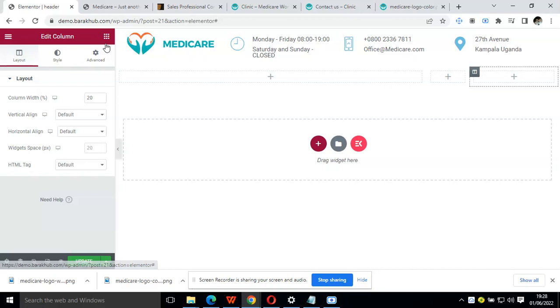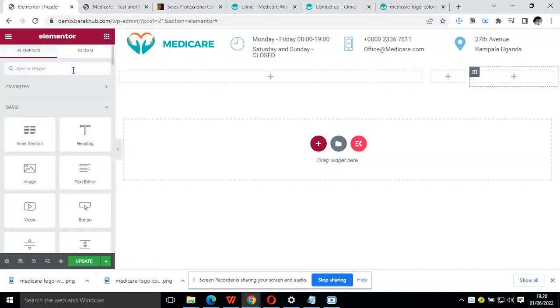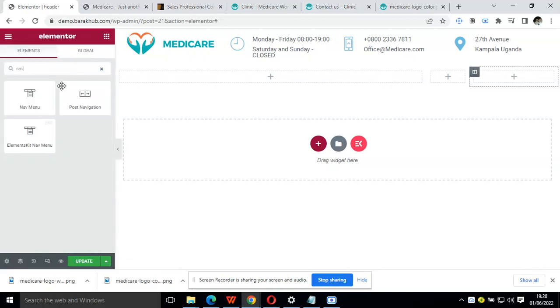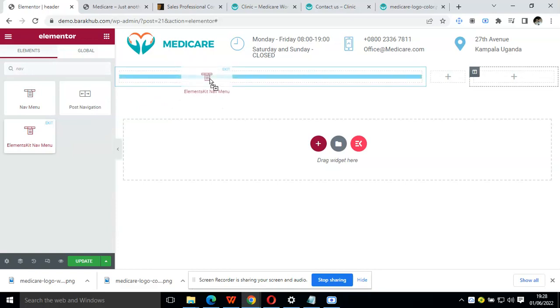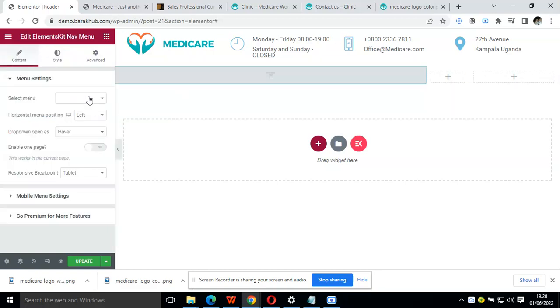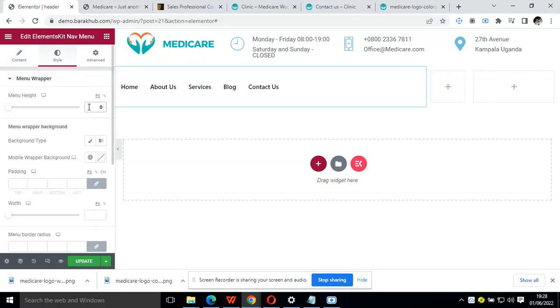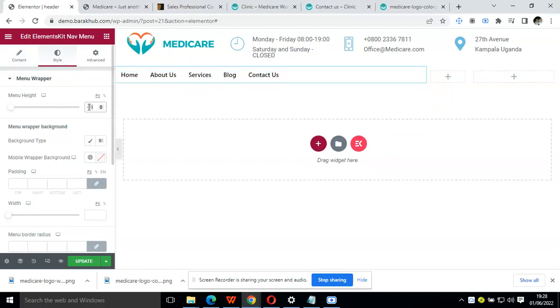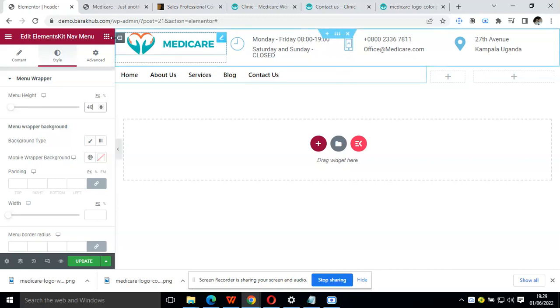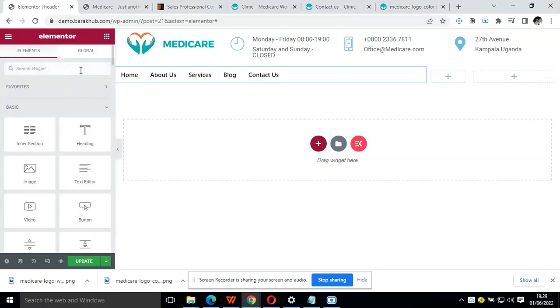So we are going to add our navigation. Nav, limit kit, put it there. We select our primary menu, and that's on the left. We come and reduce the height. We give the height 40. That's cool. And here we add the social icon, maybe search,